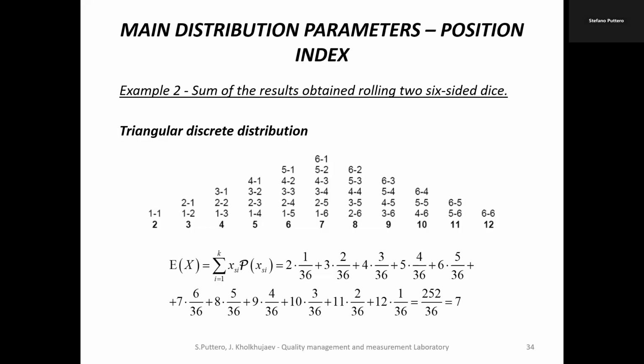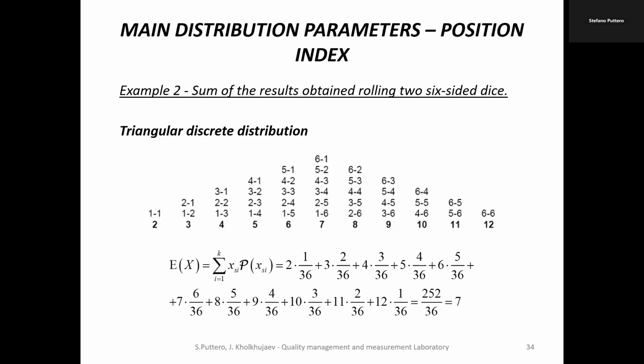Its probability is 1 over 36, because to obtain the sum equal to 2, the first die is equal to 1 and the second die is equal to 1. So we have only one possible combination, and the total number of combinations is 36. So the probability to obtain the sum 2 is equal to 1 over 36. So for the first mass point, we have the contribution of 2 multiplied by 1 over 36. And if we go on for all the possible solutions, let me do the same for, I don't know, the